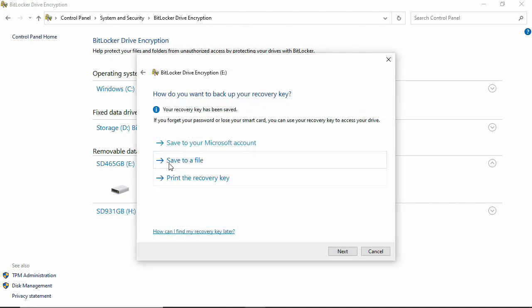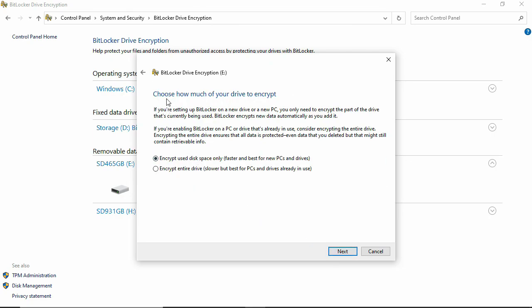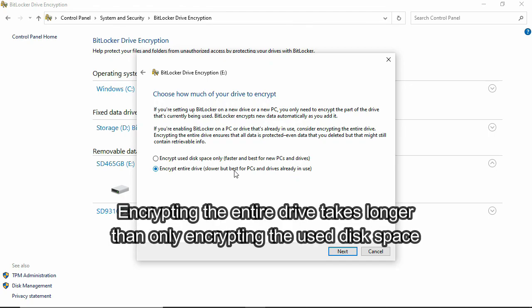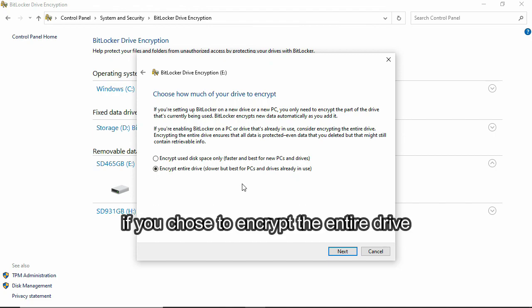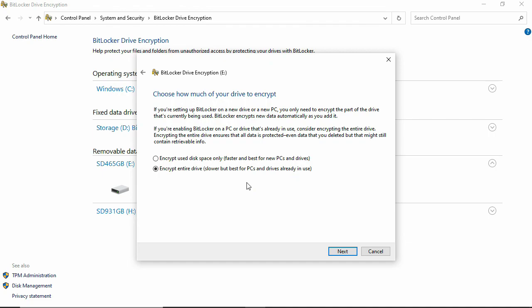Once you have your BitLocker recovery key saved or printed out, click Next, and then it's going to ask you how much of the drive you want to encrypt. There's two options here. I always encrypt the entire drive. It's slower, so this is why I always encrypt a drive that's empty. So if your drive has data in it, just know that it's going to take longer to encrypt. You can choose this other option if you want. I just always choose this option right here, encrypt the entire drive. So click Next,